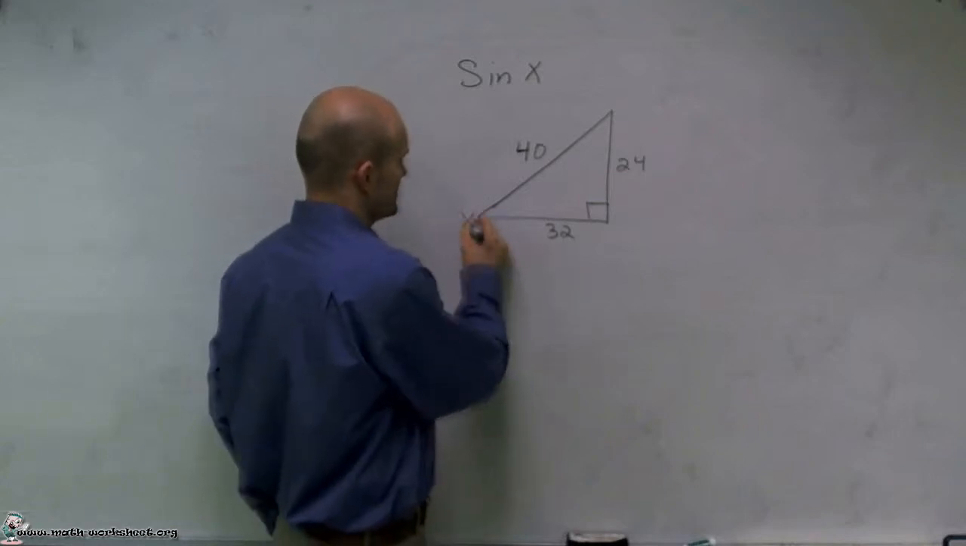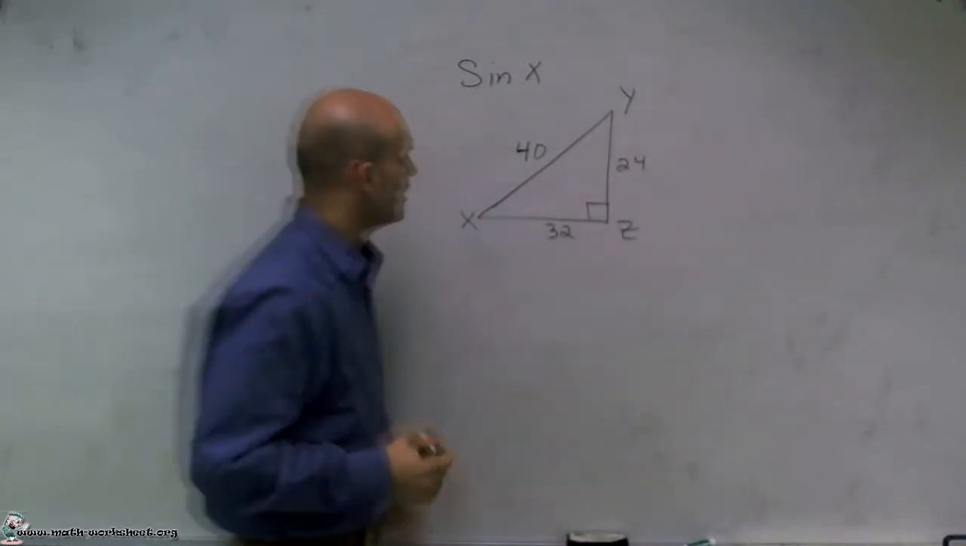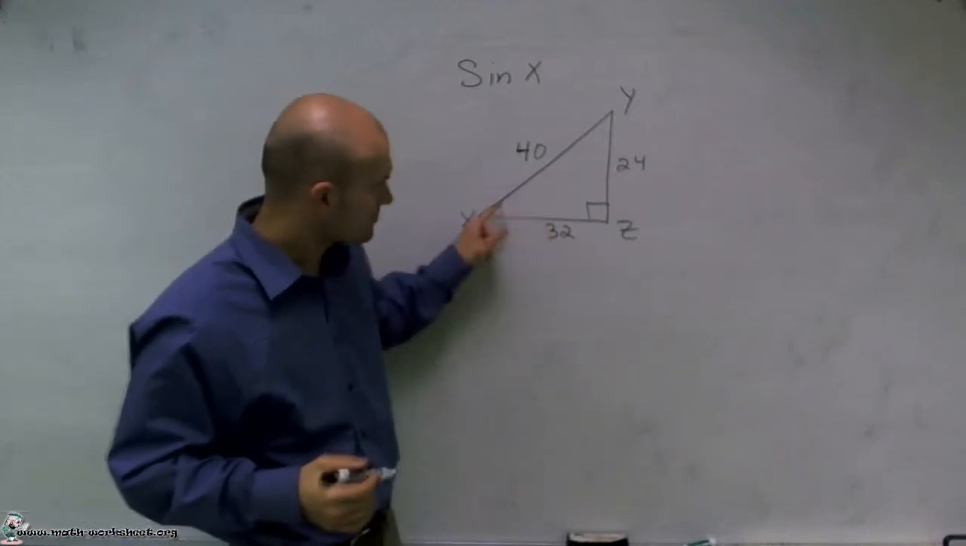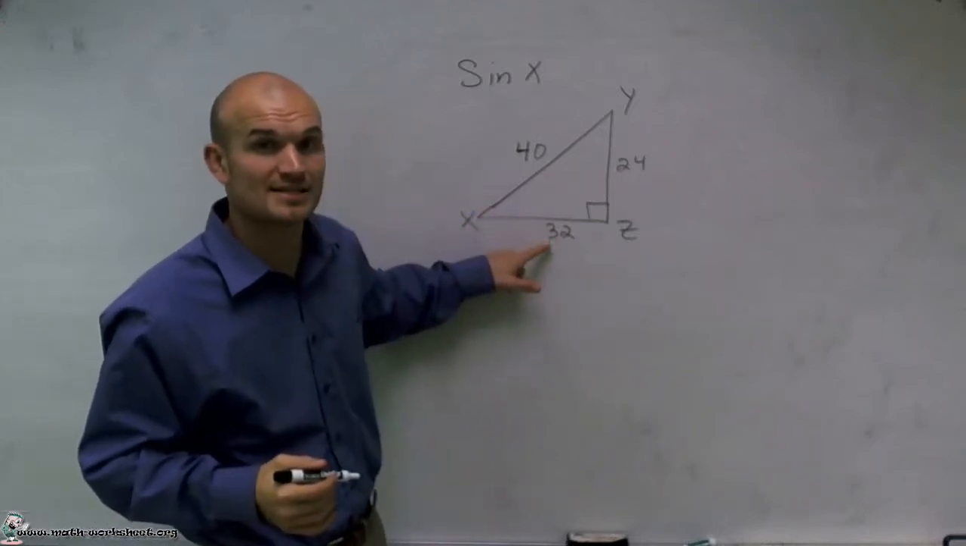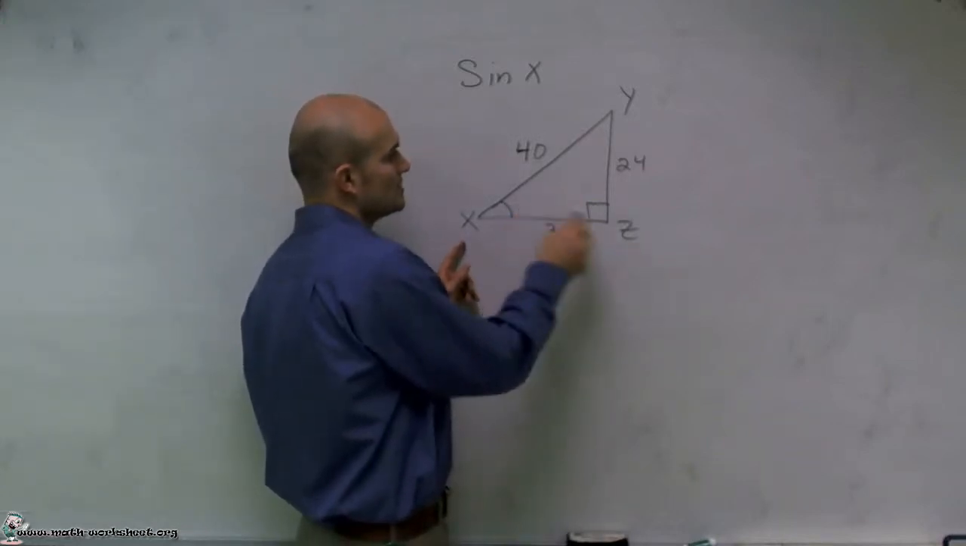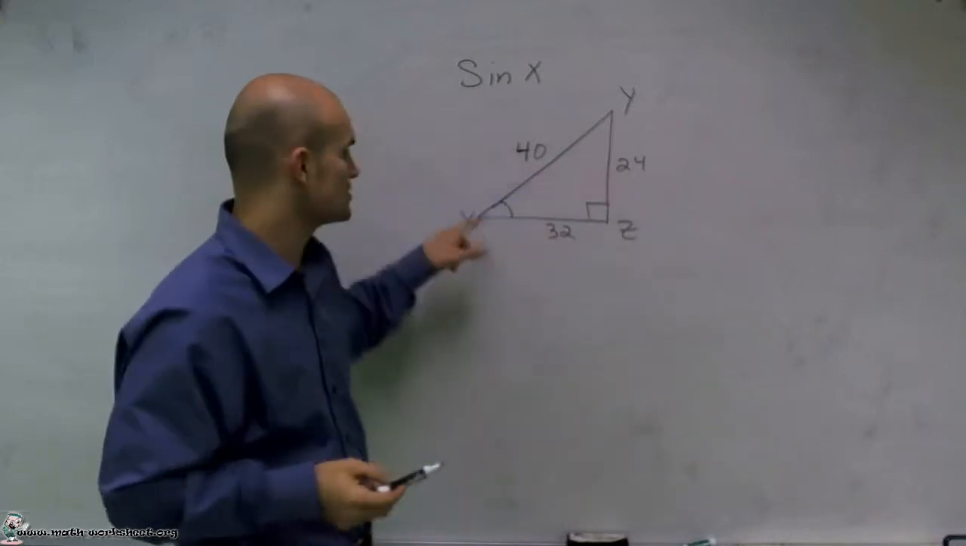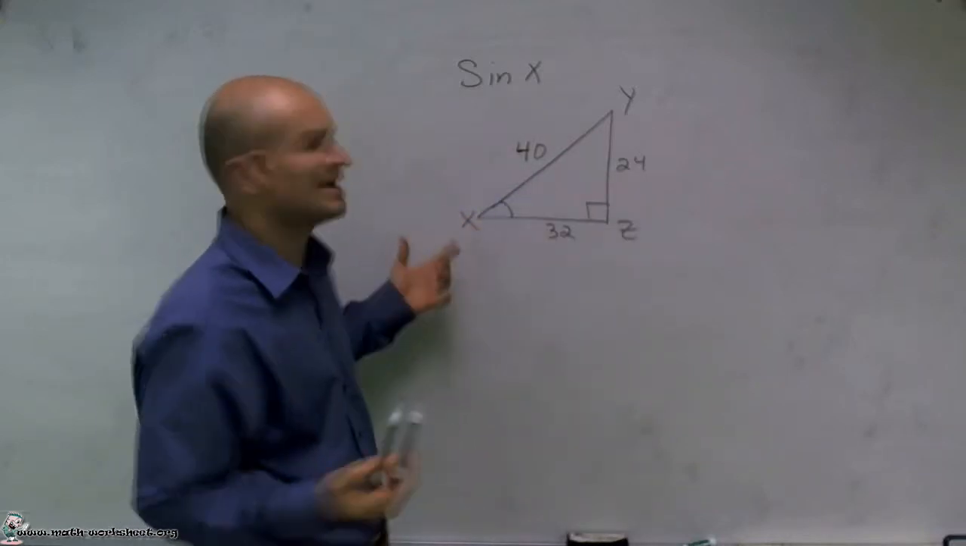32, I'm sorry, I forgot to label these. This is going to be my x, y, and z. For my angle x, 32 is going to be my adjacent side. The reason I know it's adjacent is because your adjacent side always connects your angle with your 90-degree angle. And then 24 is going to be my opposite side, and the reason why is, well, one,